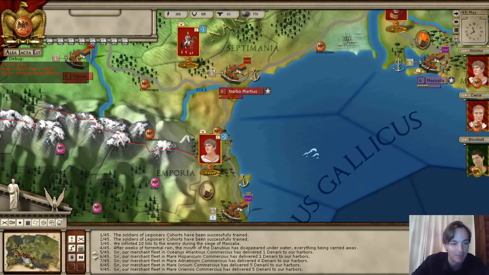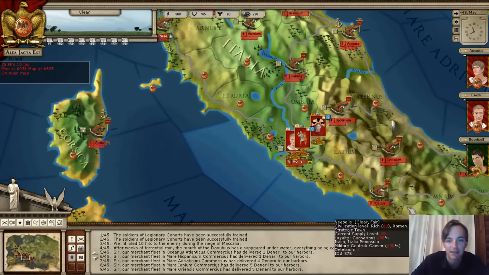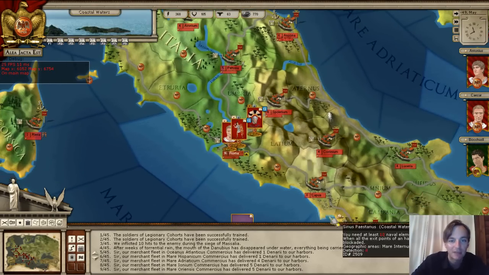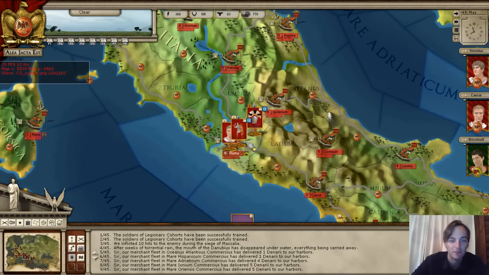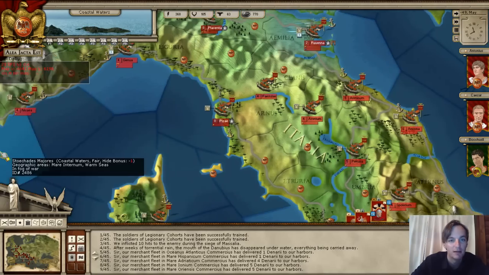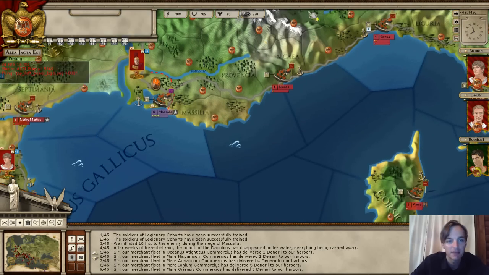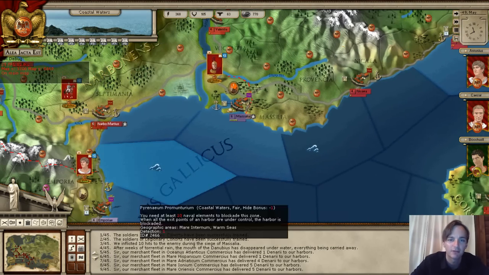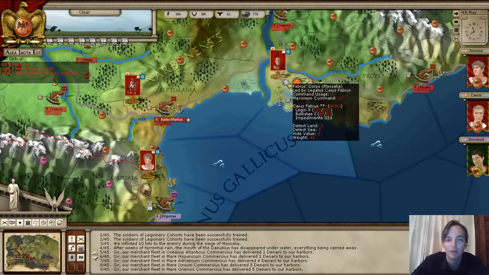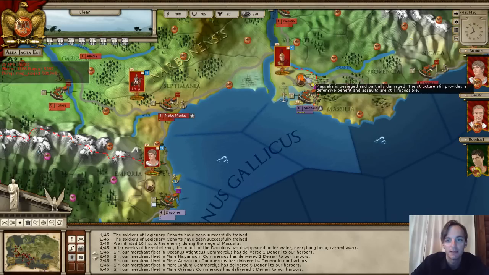To give you a brief update on what I've been doing off tutorial, I've spent quite a bit of money and some national morale recruiting an entire new massive army here in Roma. That's really the main thing. So some new legions, some equites, and some supply wagons. I think I'm getting three legions there. We still have Massilia besieged here with one